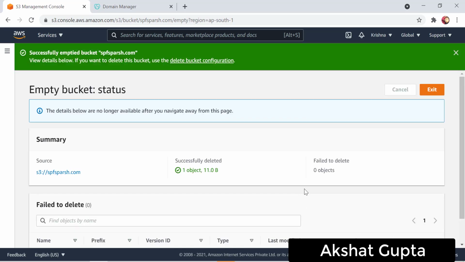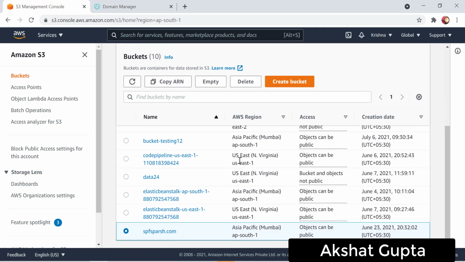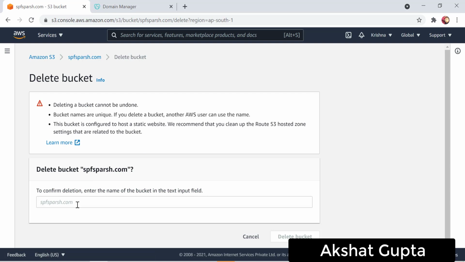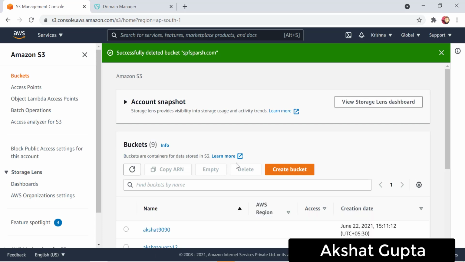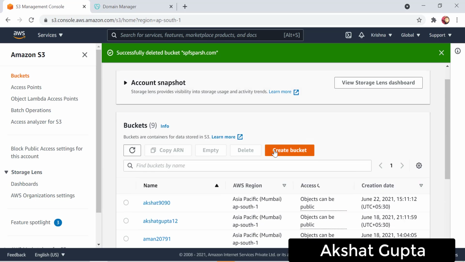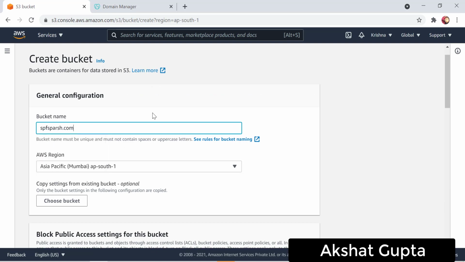Let's empty this bucket. My bucket is now empty. Now let me delete this bucket. It will take around 5-10 minutes, I guess. So let's create a bucket and see if this particular bucket name is now available or not.